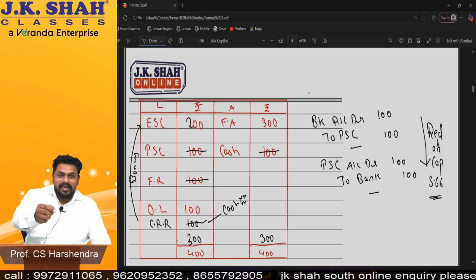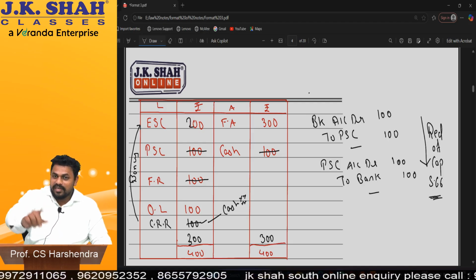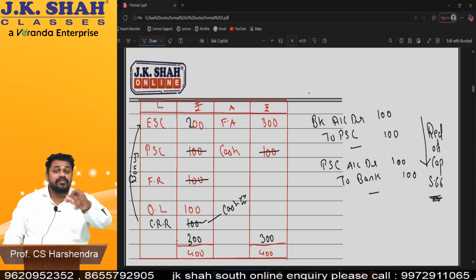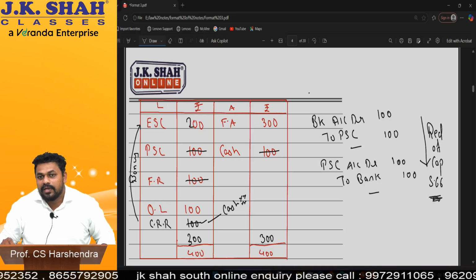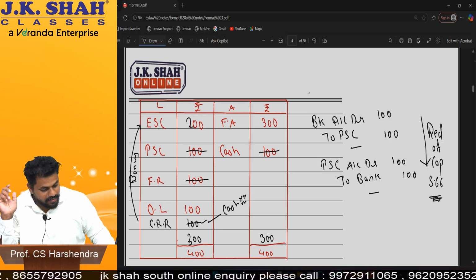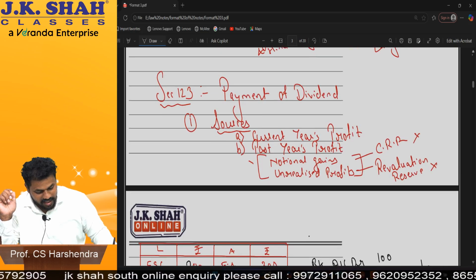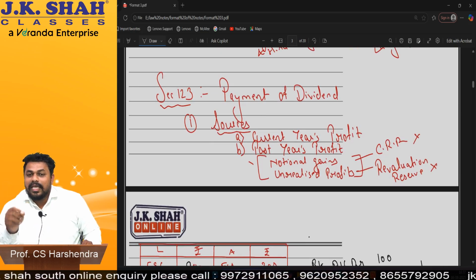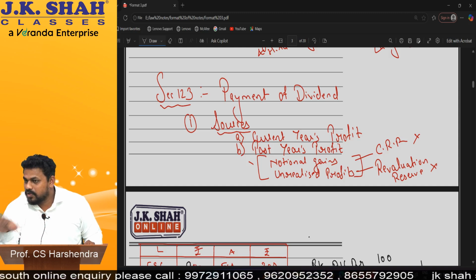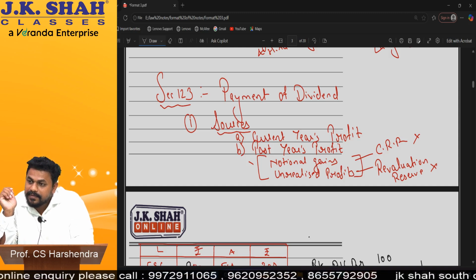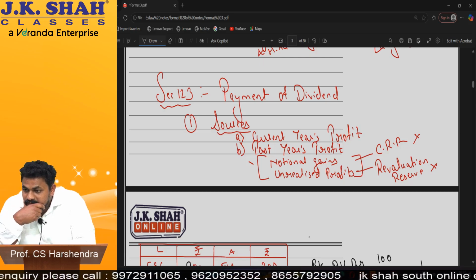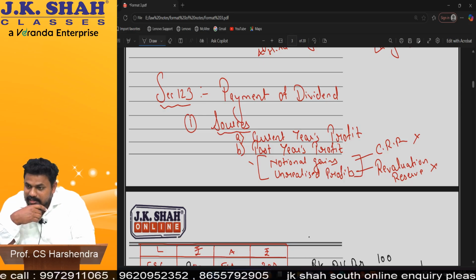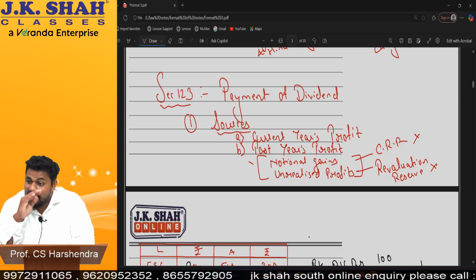You understand why CRR is created? And second, why it is utilized for bonus. If you don't create CRR, boss, you have to follow which section? Section 60, a beautiful section, lesson number 2 I'll teach you. Okay, am I clear, everyone? So that's the reason it is told, beta, CRR cannot be utilized to pay dividend. Did you understand A and B points, everyone, online students? It is utilized for bonus because the capital will remain intact.